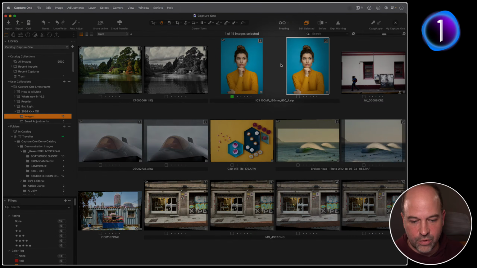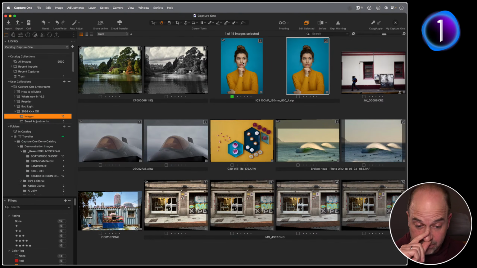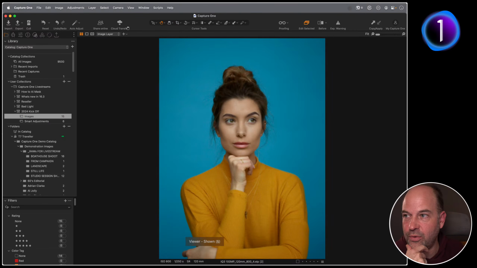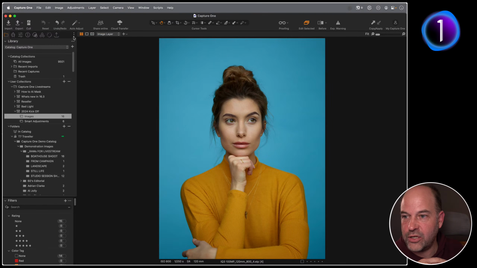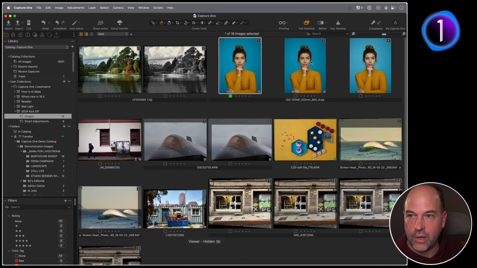Just a question which, as I've done this a few times today, as you can see, different variants. So Gordon was asking, with regards to storage management, what additional edits creates additional large file, and what simply creates metadata? Well, nothing really creates a large file. So when I do a new variant or a clone variant, so if I say new variant, all we end up with is just another virtual copy.